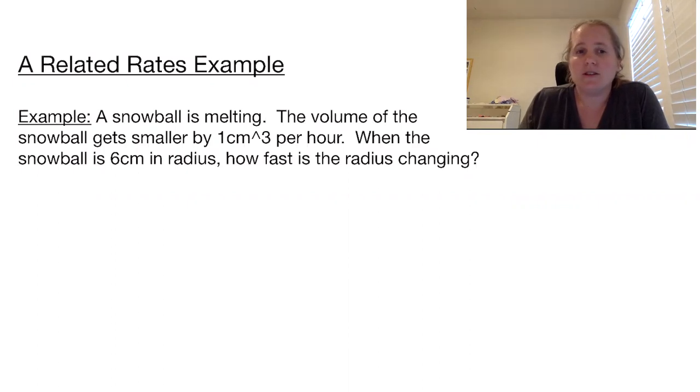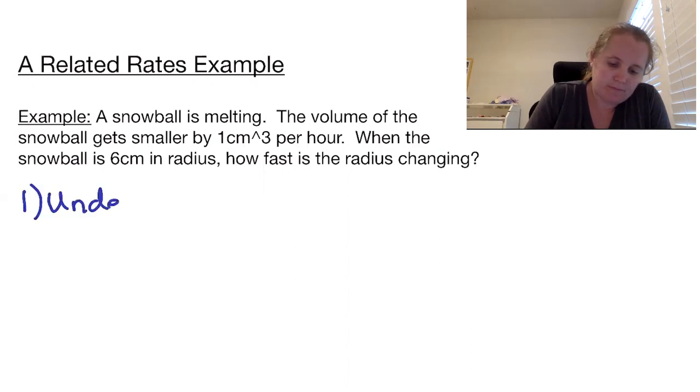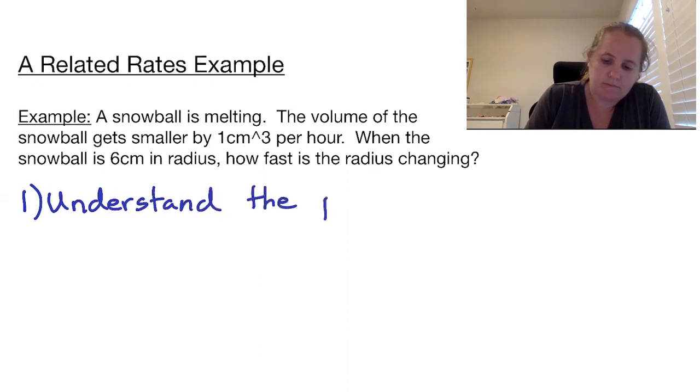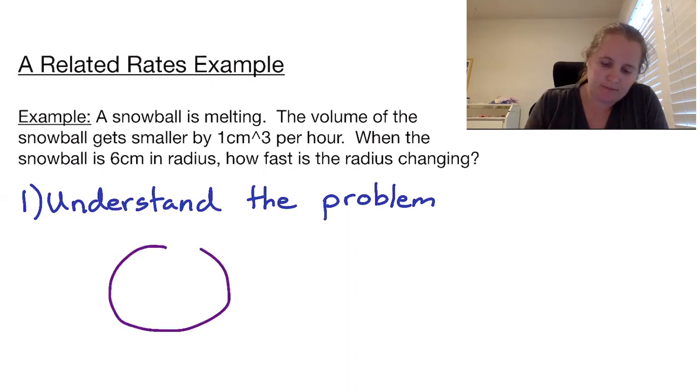of the snowball changing? So the first thing I like to do anytime I'm doing an application problem is just kind of understand the situation. So understand the problem. So we're dealing with a snowball. Presumably snowballs are spheres. Right? And then if we look at the radius